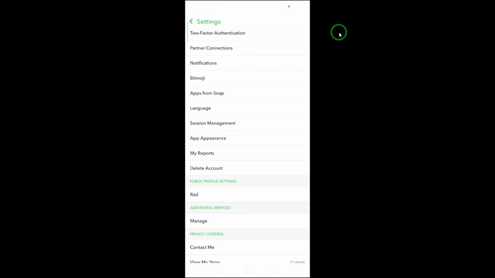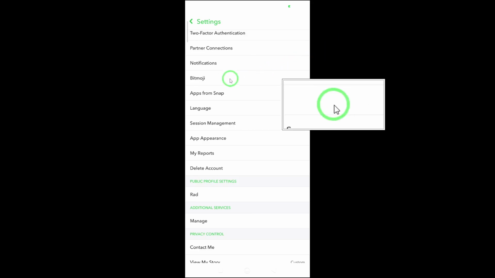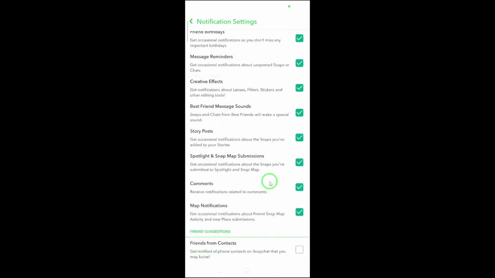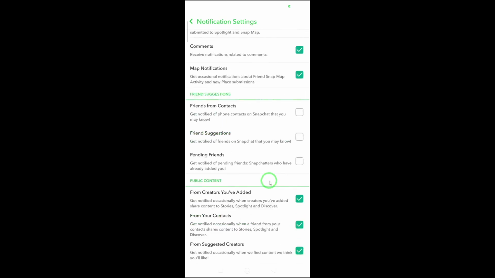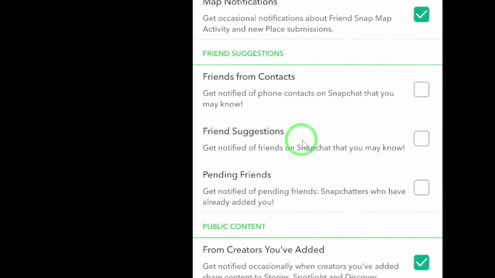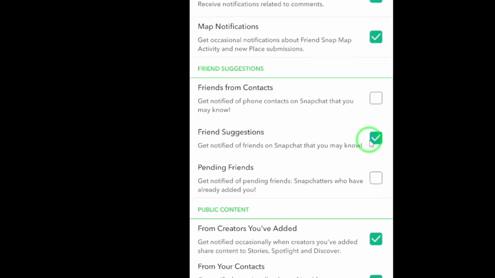Now scroll down a little until you find the notifications section. Tap on notifications to open up all the options related to alerts and updates. Inside the notifications menu, look for an option called Friend Suggestions. Once you find it, simply check the box or toggle it